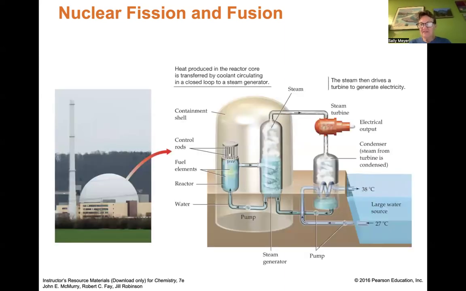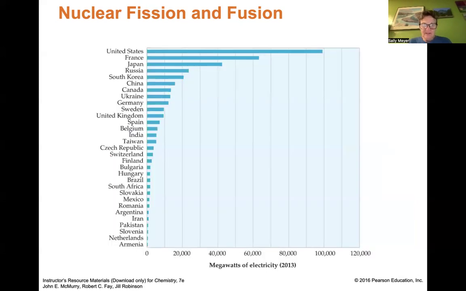So that energy can be used to heat water that can then be used to create steam, turns a turbine, turns a generator and makes electricity. So that's the most common way to use nuclear reactions to make electricity, through the process of heating up water. This is just looking, and this is old, this is 2013, so there is still a lot of nuclear